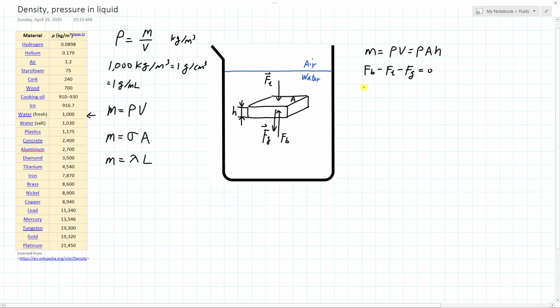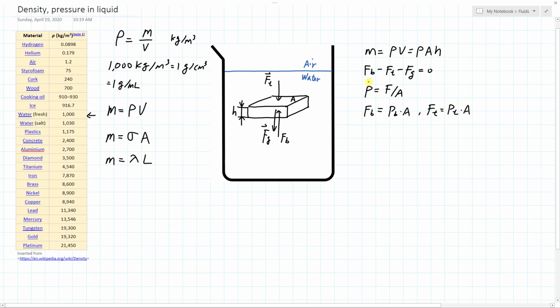And the force on the top over the area will be pressure, right? We understand that already. So pressure is force over area. So pressure on the top and pressure on the bottom, they basically have the same area. The forces are different, so the pressures are different at the top and the bottom of this imaginary volume of water. So this force on the top should be equal to pressure at the top times area. Force at the bottom is pressure at the bottom times area.